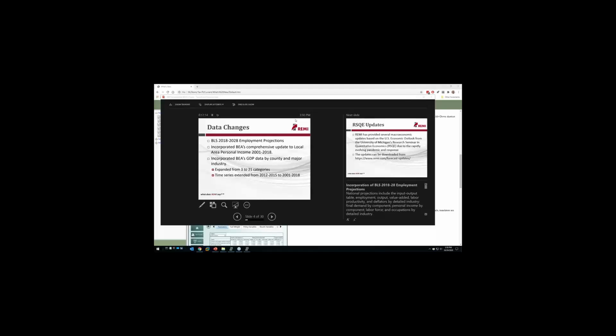The BLS releases its employment projections every other year, and this was a year where they released those projections, which include the new input-output table, employment values, output values, value-added, labor productivity, and deflators.